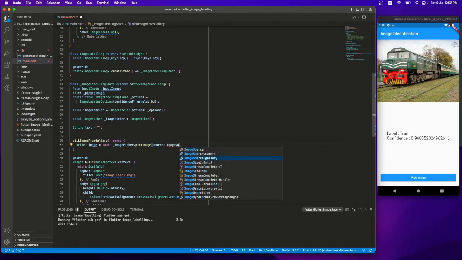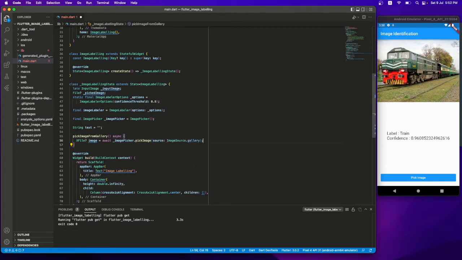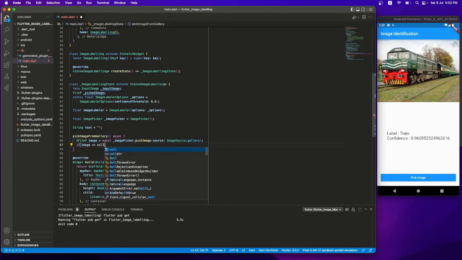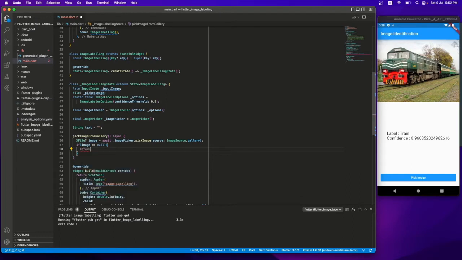We can define it as a camera or gallery. I am going to define the gallery. You can choose camera or whatever you want. Here I am going to give a condition: if image equals null, then it should return,